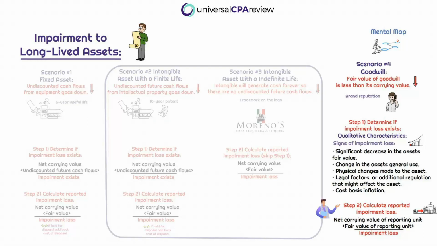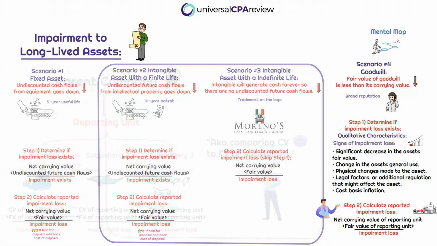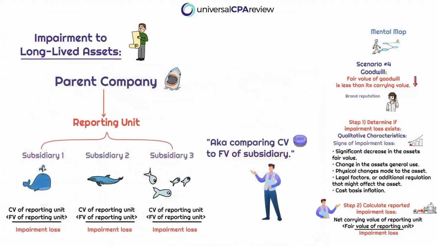When we first discussed impairment losses for property, plant, and equipment, our fixed assets, as well as other intangible assets, we took a quantitative approach. So we're getting quantitative again now. And again, I can't stress this enough: when we're talking about impairment loss calculations for goodwill, we're focused on the reporting unit,